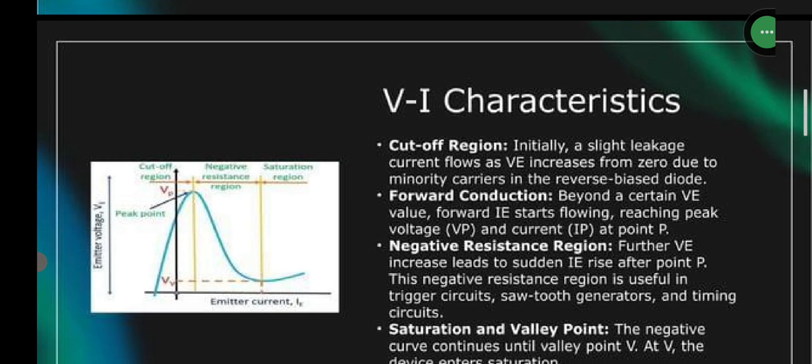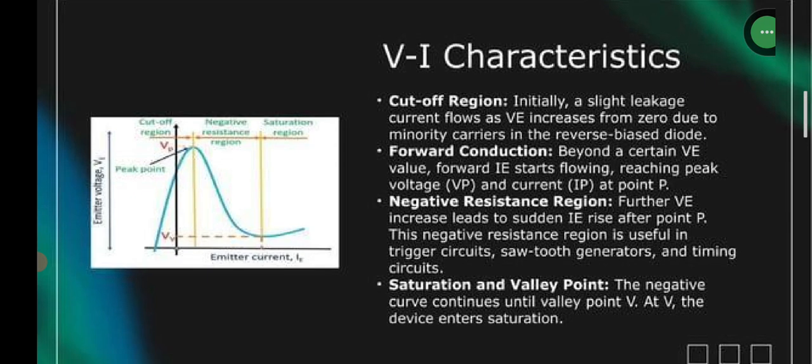VI characteristics of UJT. Cutoff region. Initially, a slight leakage current flows as VE increases from 0 due to minority carriers in the reverse biased diode. Forward conduction. Beyond a certain VE value, forward current starts flowing, reaching a peak voltage and current IP at that point. Negative resistance region. Further increasing VE leads to